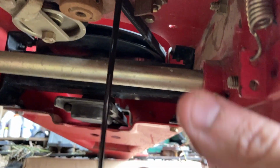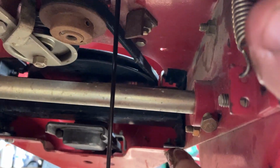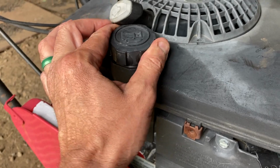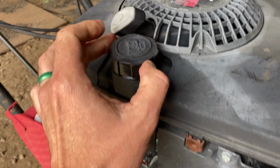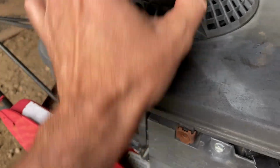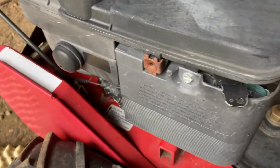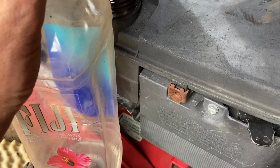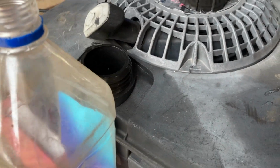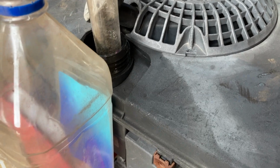Yep, there she goes. So we'll get rid of that black stuff. Shouldn't be much. While we let the oil finish dripping, I'm going to go ahead and open the gas here. That's not a brilliant design, really. We'll open the gas, and I've got an empty fuel jug here. I pre-mix my Seafoam and gas in these little water bottles. It seems to work out just fine. And I'm going to take a turkey baster, which is my best form of suction, and we're just going to...